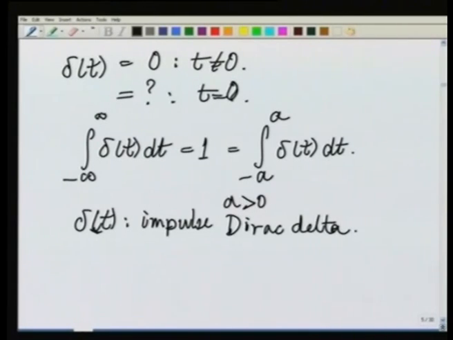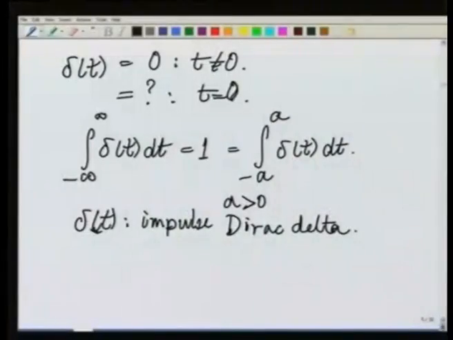So, all that we have said on this panel is the only statements that we can make with certainty about the Dirac delta. Some things we can say is that the Dirac delta is not a function, because it is not possessed of values within the set of complex numbers for all time, in particular at t equal to 0, where the value that the Dirac delta takes does not lie in the set of complex numbers. So, it is not a function, it is an entity, that is all we will say it is right now,